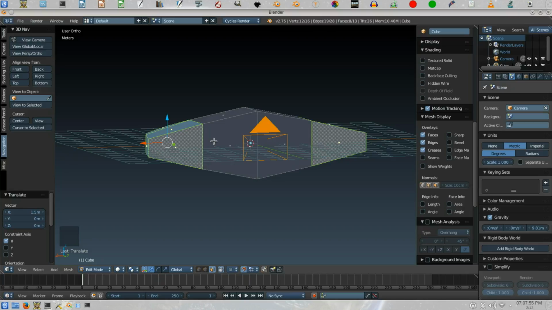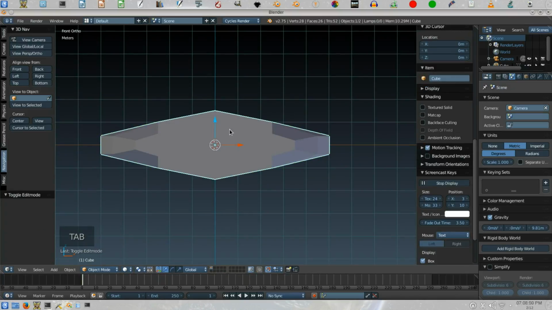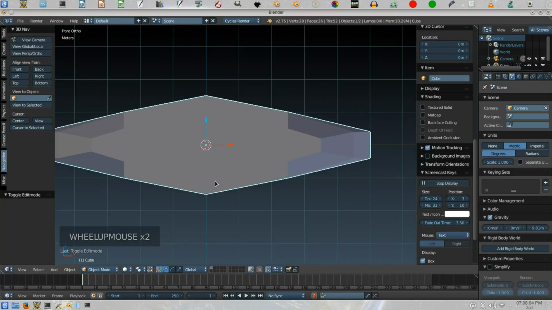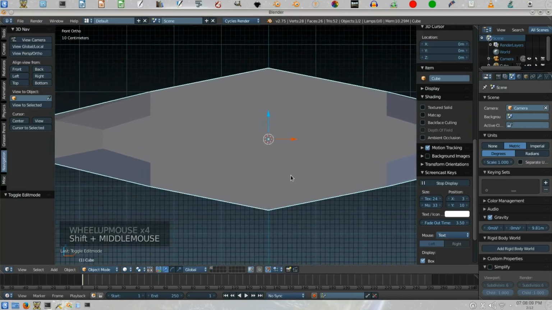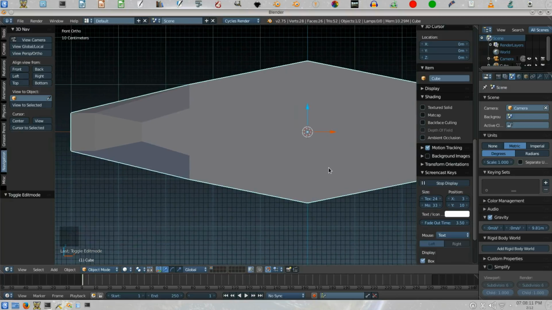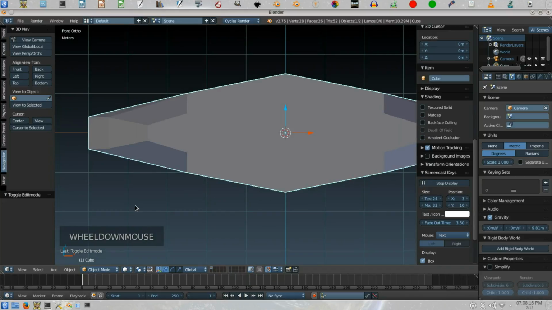So I'm going to tab out of edit mode, go into object mode, and let's see how many meters across, or meters high, this thing is right now. I'm only about 3 meters high, and I need to be about 10 meters high. Okay, so let's do scale Z